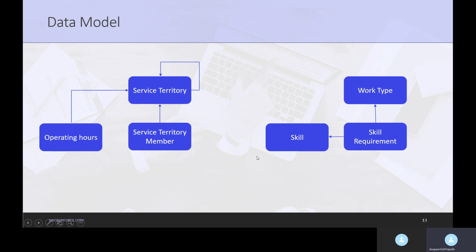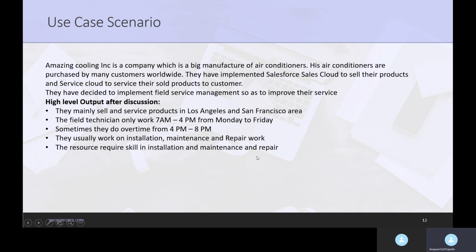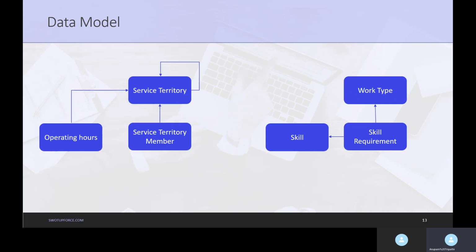Similarly, from the previous discussion, you can see that they also have the skills of installation, maintenance, and repair. There's a skill object where you can create skills for the field service resources, and you can assign them as skill requirements to a work type or a resource. We'll talk about the work type later on.